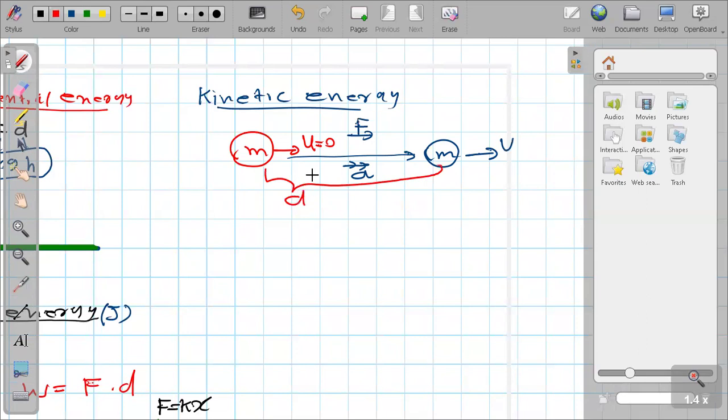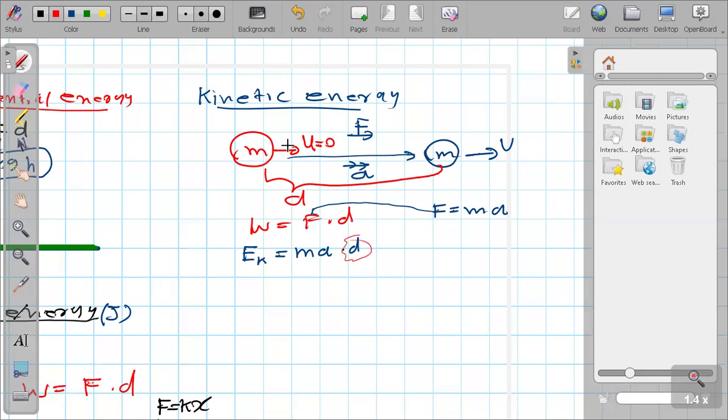Right. So we know one thing, W is equals to F into d. Now it is becoming EK, kinetic energy. When you apply a force to a certain object, what is that acceleration and force relationship? We know that F equals to ma, according to Newton's second law. So it is like ma d, mad. The thing is, I have to find out what is d here.